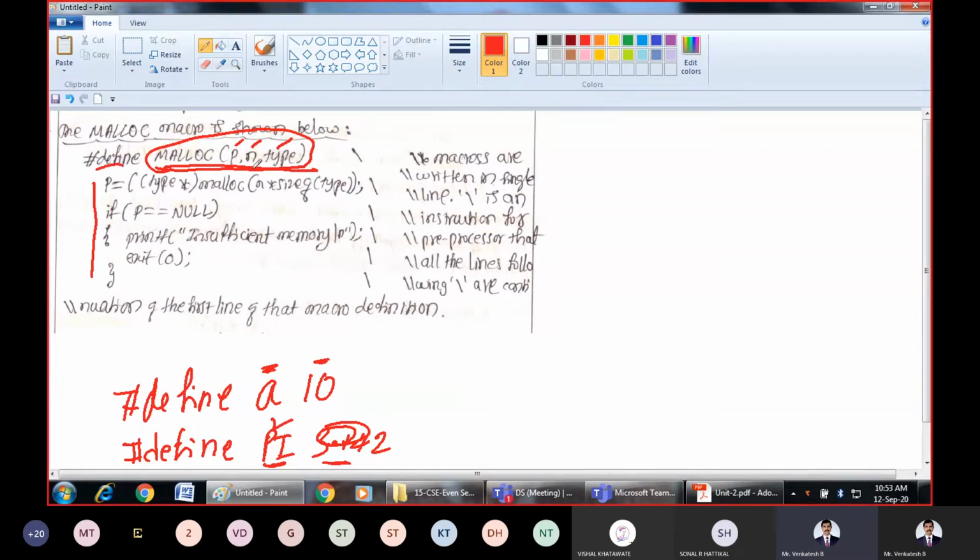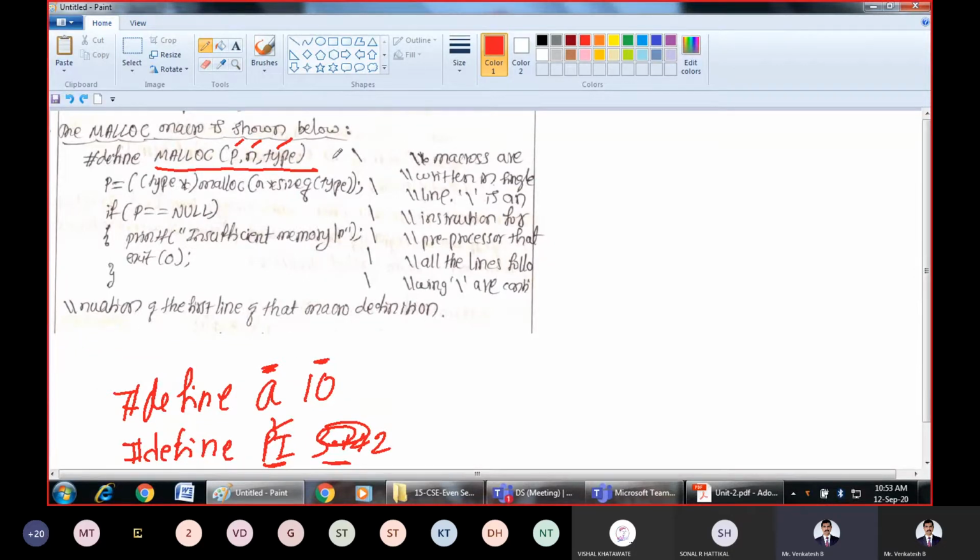That means hash define this name and this whole line, whatever I have typed here, must come in the same line. But while typing, it is not good to see one big horizontal line. So for that purpose, we use the slash. What this slash indicates is that macros are written in a single line, and the slash is an instruction for the preprocessor that all the lines following the slash are a continuation of the first line of that macro.